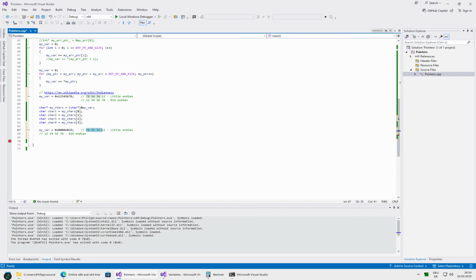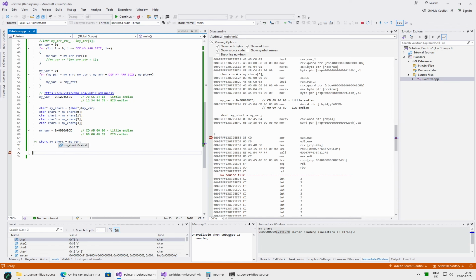Then the thing here would be CD, AB, 34, 12, 00, 00, 00, 00. And if we now take a short, and assign this value, it is still correct. It's ABCD,